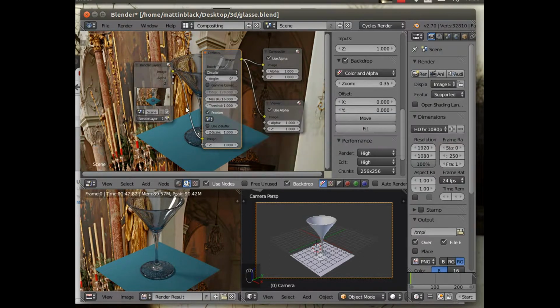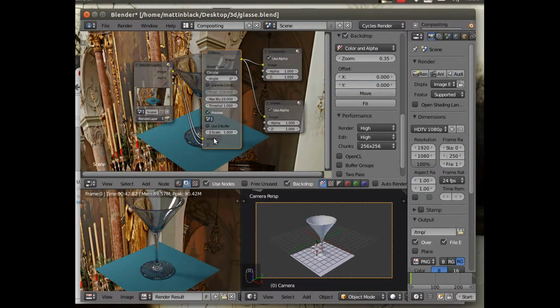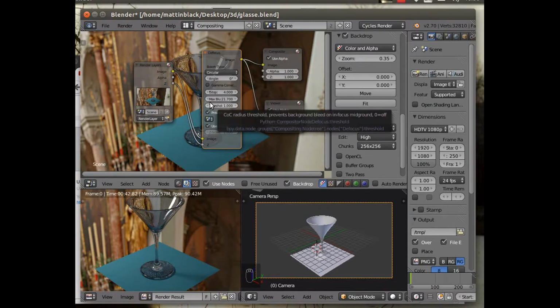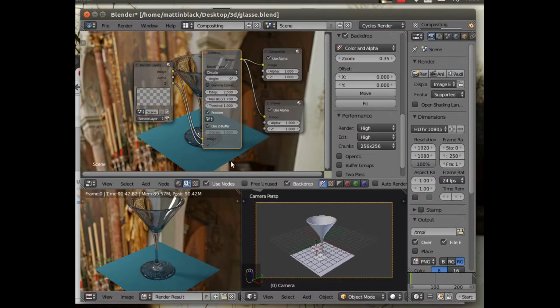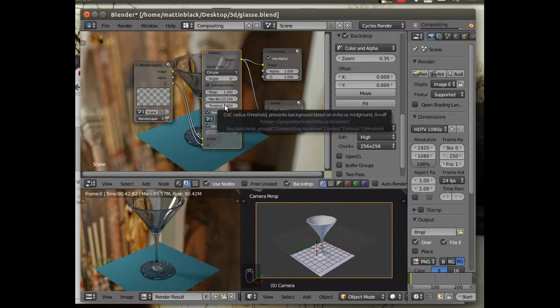Right, so now it's rendered, we can play about with the settings here, and we want to use the Z buffer, so we need to connect our Z into there. We're going to click that like so, and then we're going to take the f-stop value right the way down, and that's going to control where we start blurring. That controls our depth of field, the area that's actually in focus. And we can boost our maximum blur up, take it down further, further,